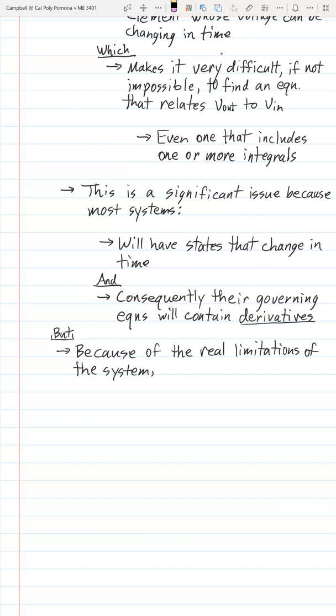And here, mechanically, we may have inertias, we may have some dissipation, we may have other things that are happening in the system. And those things will, of course, prevent a system from responding instantaneously to a particular input. It just can't happen. So because of the real limitations of the system,